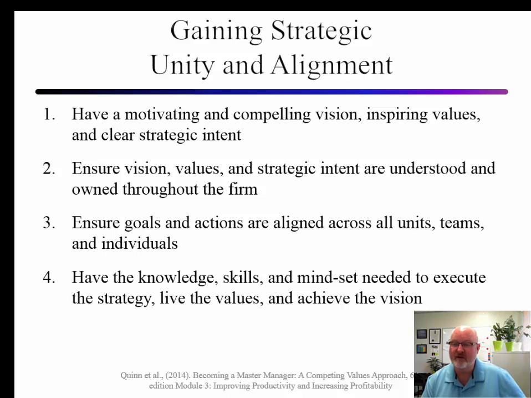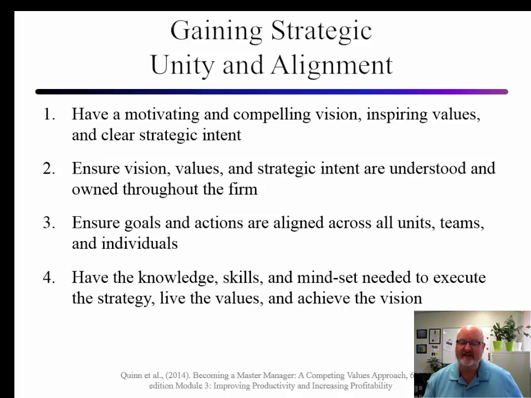So maybe a quiz that they have on the new strategic vision with prizes involved in who gets the best answers. That might be a better way to go. More interesting to have participation and involve people, particularly if the prize may be a trip away for a weekend or something like that with your family, and that will assist in gaining buy-in to your strategic vision.